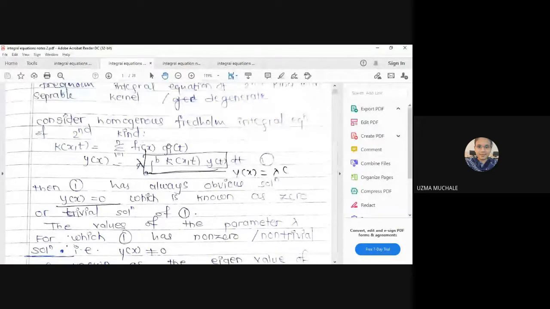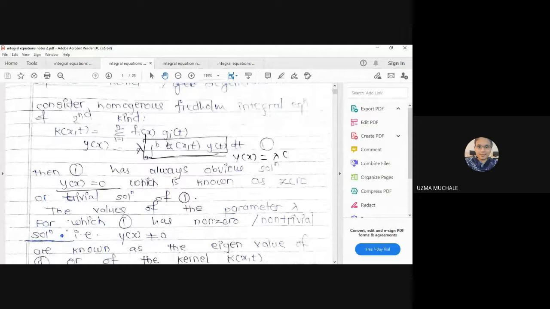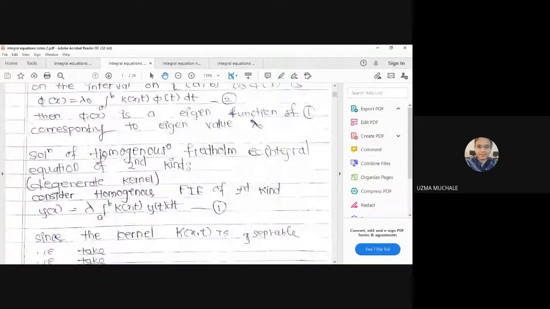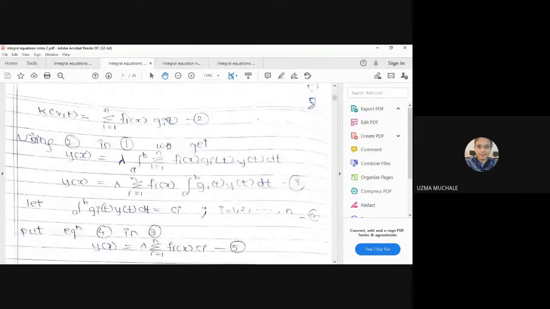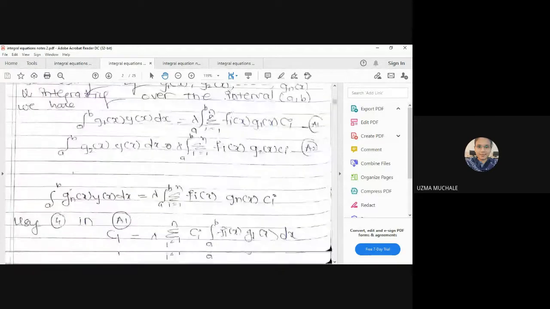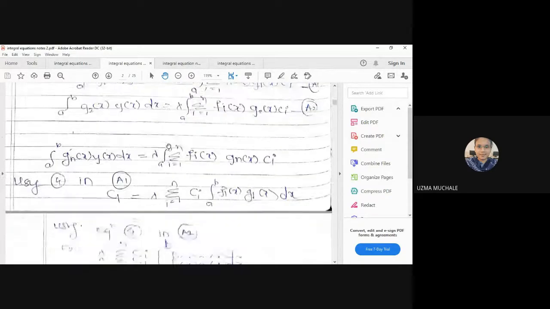In the second topic, what we have to see is that we have to convert and solve the homogeneous Fredholm integral equation. We have been provided this, and then we have to do some adjustment and find out the values of constants. Rather than going with the theory, you are more aware of examples. Examples are easy, right? How to find out the values of constants, C1, C2 and so on.